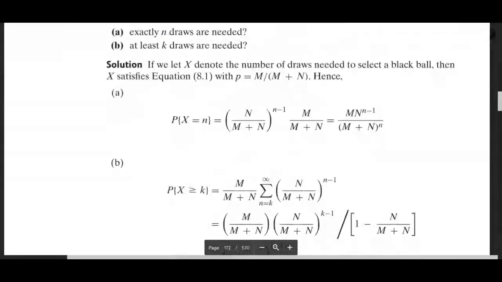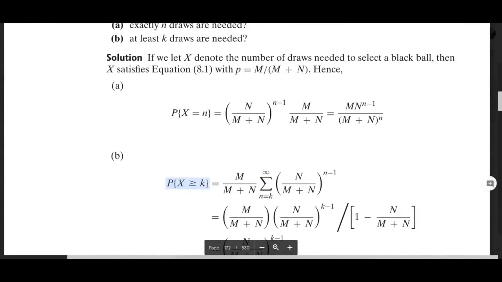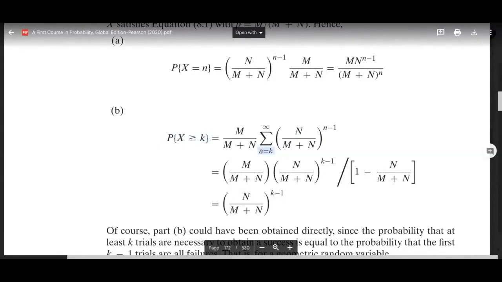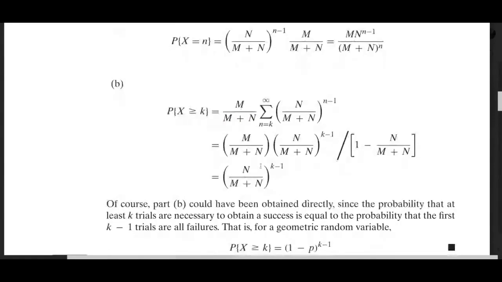B, at least k draws are needed. So that means our random variable has to be greater than or equal to k. So we start from n equals k until infinity, and we also have this, right? Sum up all those failures, n-1 failures, and reach the nth to be success. And to calculate this,